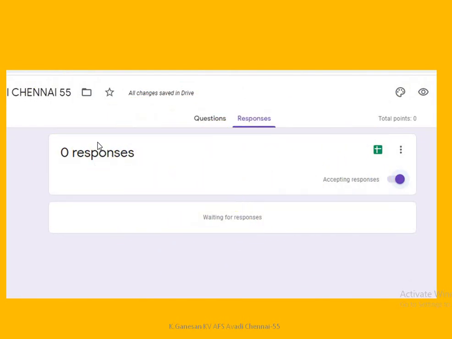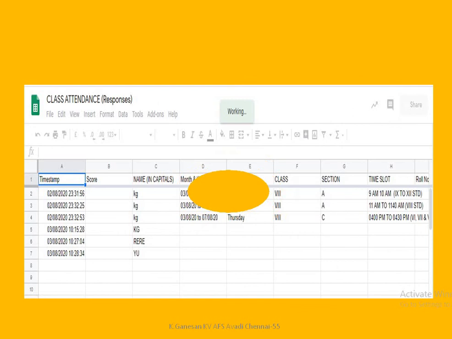Go to that form. In that form, the questions will be visible. Next to the questions, Responses will be there. If you click Responses, you will see a Google Sheet icon on the right-hand side, with that green row and column intersection symbol. If you click it, that is where all the data students give in the form of Google Forms is stored, in this Google Sheet. So if you click, we will get it like this.